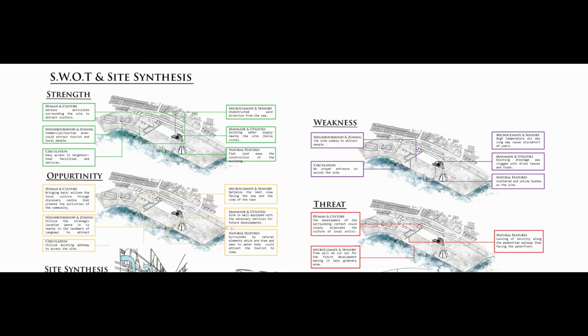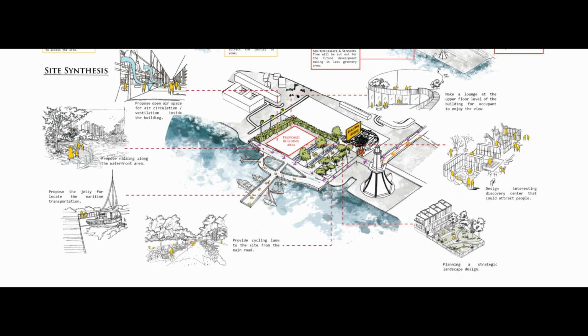The threat in terms of the sensory and climate is that the trees had to be cut down to make way for the development, leaving less greenery without them. To synthesize, we can plant more proper trees to provide natural sun shading and plan a strategic landscape design to